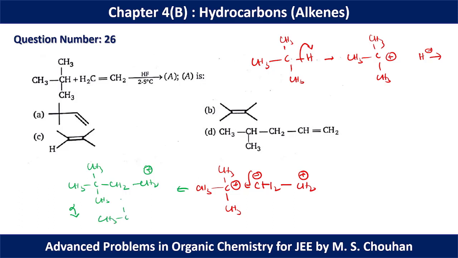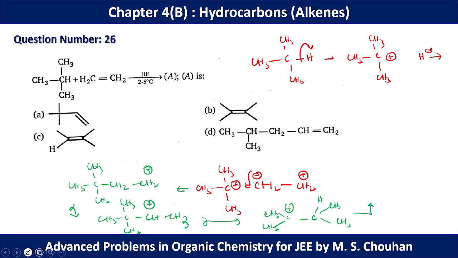This can be involved in rearrangement. So basically we are expecting a first rearrangement like this: 1,2 hydride shift, 1,2 hydride shift. Okay, now this carbocation can be involved in another rearrangement to get more stability, and this is basically 1,2 methyl shift, and after this methyl shift we will have this kind of situation. Okay, now this C-H bond will be dissociated, and finally we are getting this kind of situation.